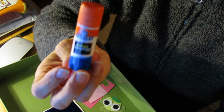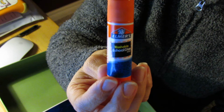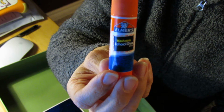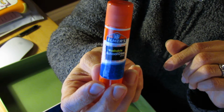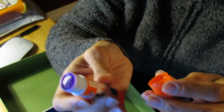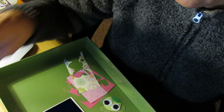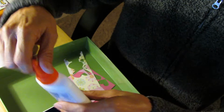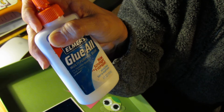I used a stick of Elmer's glue. This is a washable one. I wouldn't say it's a good permanent hold, so be careful what you use this glue stick for. I like the fact that it has the disappearing purple, so it's purple and then it'll dry white. I like that, but like I said, it doesn't really do the best job holding. It does the job for what it needs to do. I also have the Elmer's glue wall. My daughter's name is at the top in the stickers, so I'm not showing you that part,